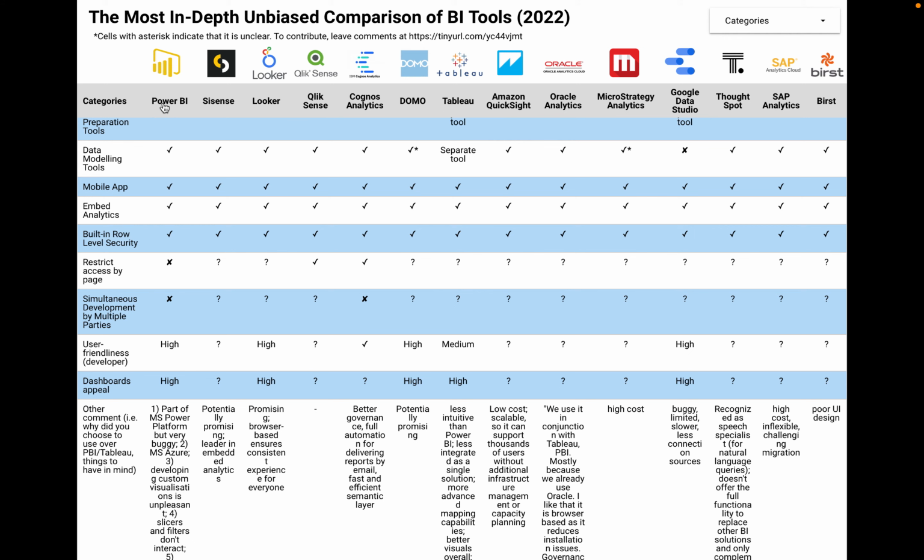If you want to have more functionality and go into much more depth, then Power BI appears at the moment to be the best solution. The way I see it, Looker is a strong competitor and could come close and even surpass Power BI at some point. But again, the other solutions I think will fall behind over time. Sisense is another promising solution. Domo is a promising solution because they're very customer focused and have strong software. Qlik Sense obviously is one of the most used ones as well. So again, many customers are happy with Qlik Sense, but